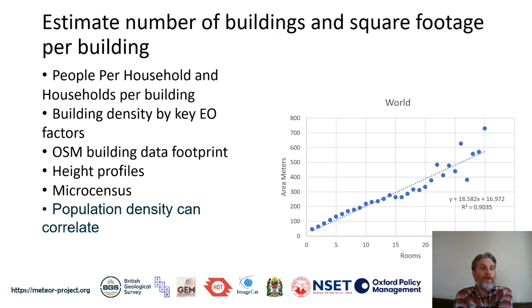OSM building footprint data can really help out here, but in that case, you have to really review it for areas to figure out what that relationship is between the population as estimated by the census and the number of buildings. And if you're going to use that as your parameter, you have to really review that OSM data to make sure that it's complete for that area of interest, A, and B,